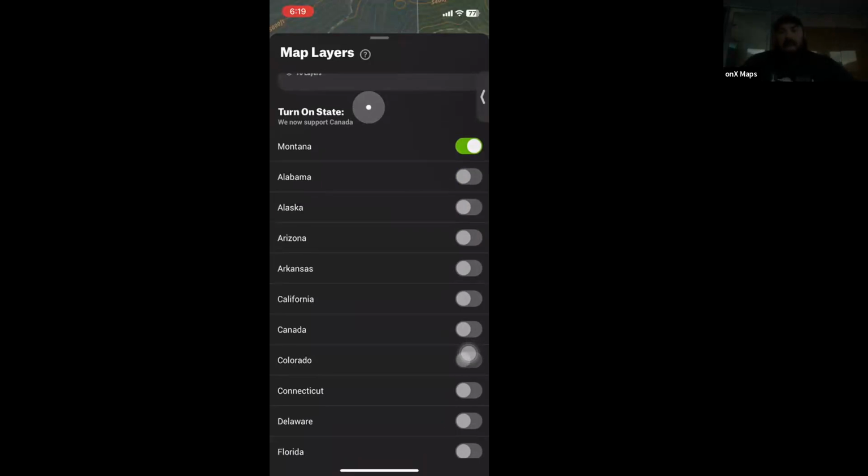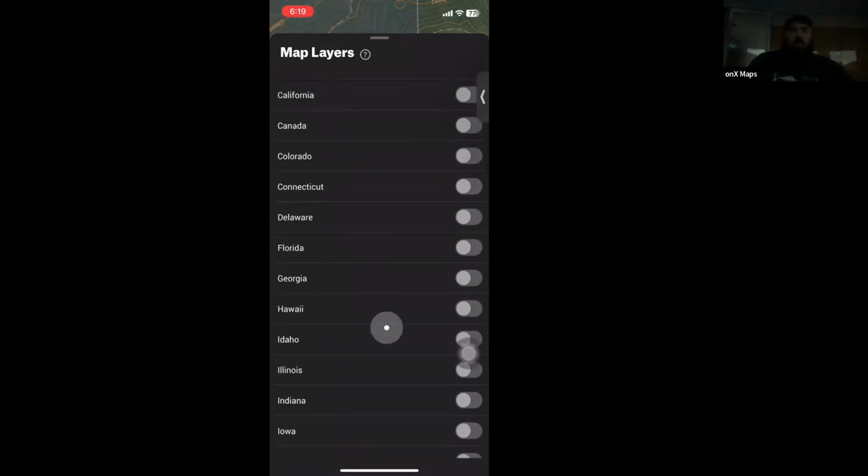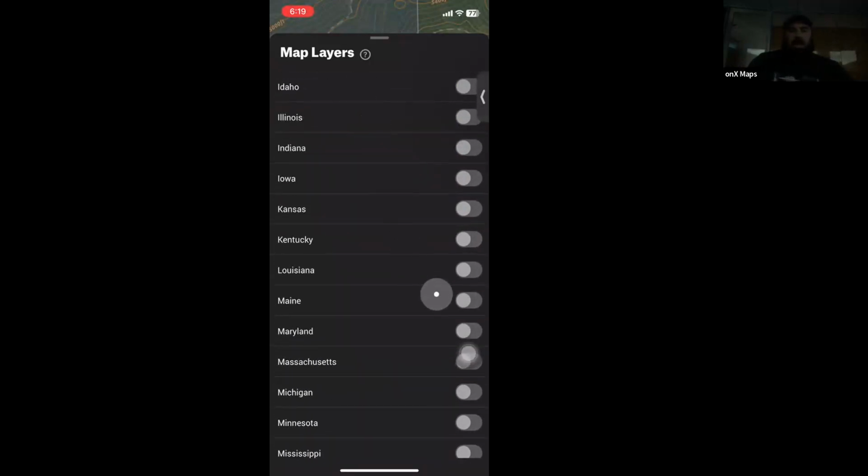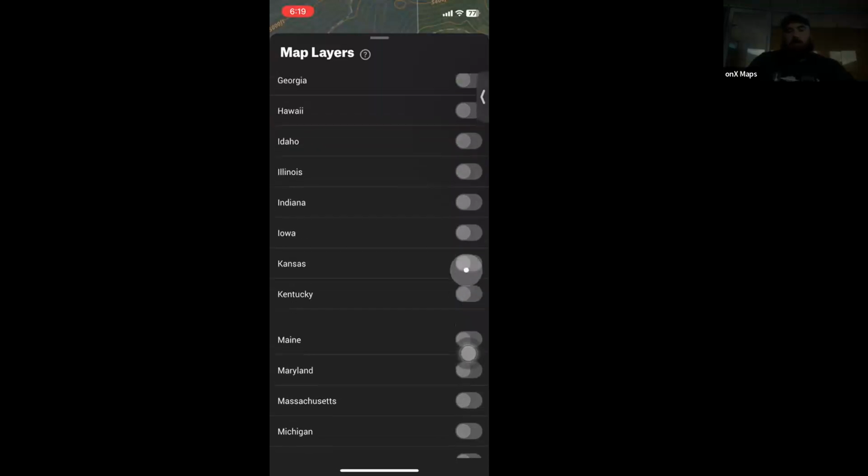We recently added Canada. So if you have a premium membership, that's our $29.99 membership, you get one state that you can turn on and view the private lands and the public lands and all that. If you have an elite membership, that's our $99.99 a year membership, you get access to all 50 states plus Canada. So if I wanted to turn on another state, let's say I'm going to go to Louisiana, all I